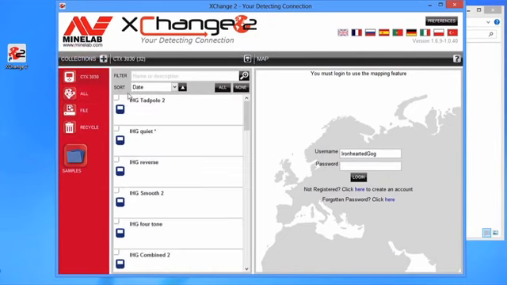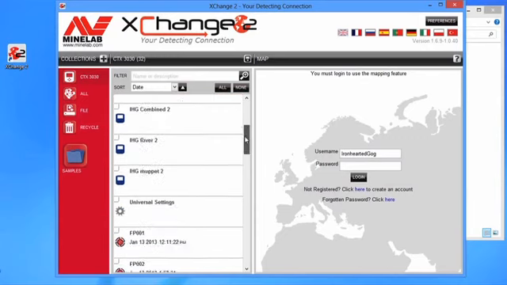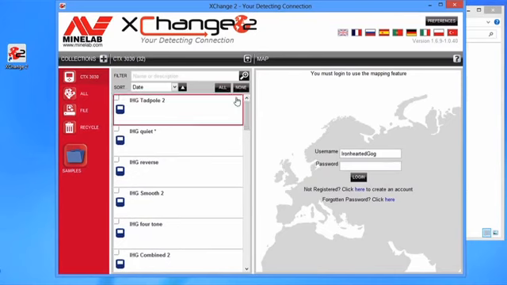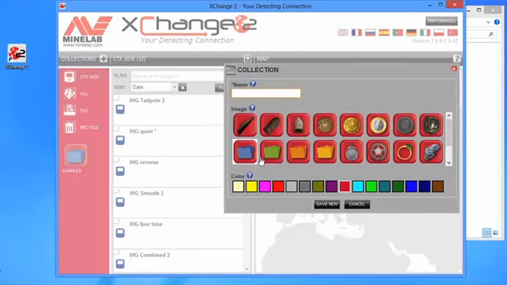Scroll down through the programs, geohunts, finds and waypoints. We're going to save these GPS records to a new folder. Click the plus button to the right of the Collections tab. This opens the folder creation window. Choose a color, name the folder